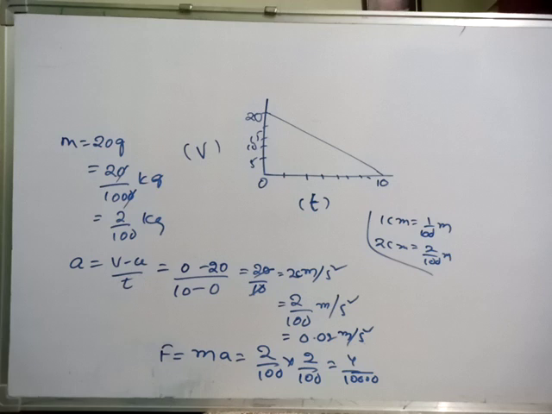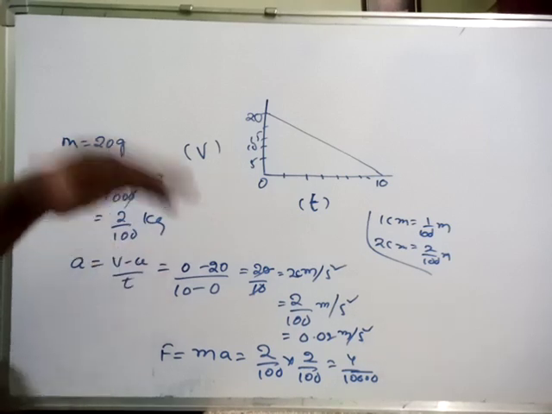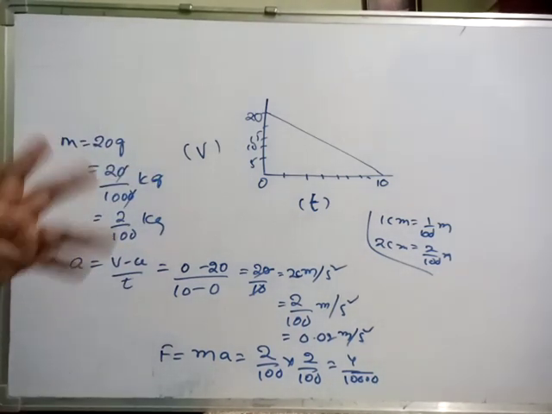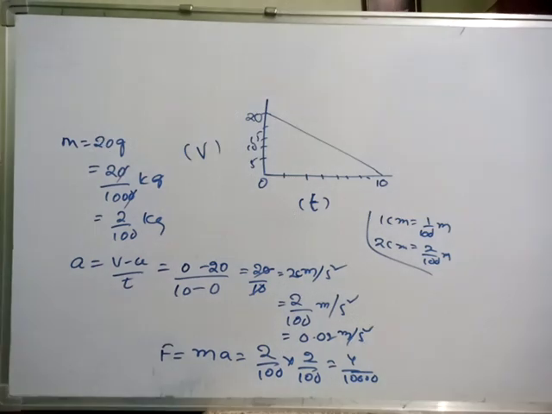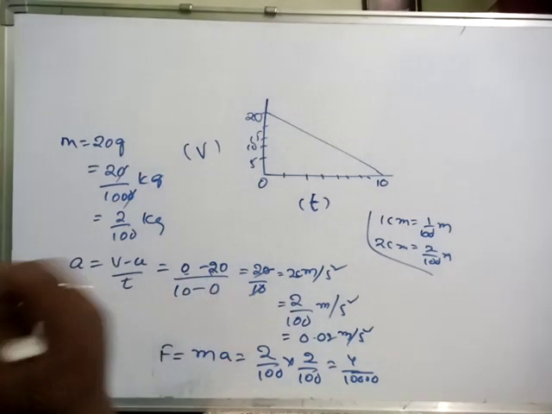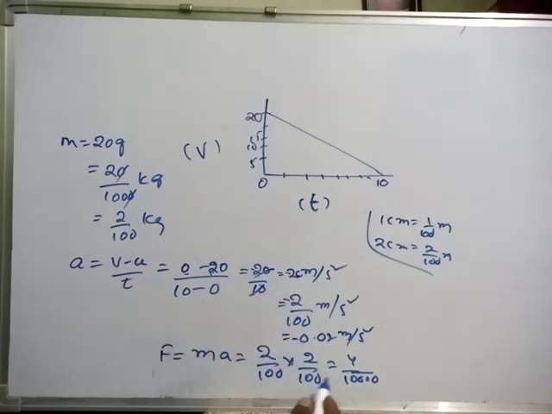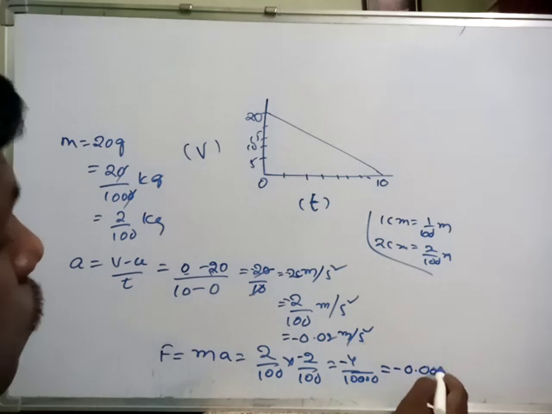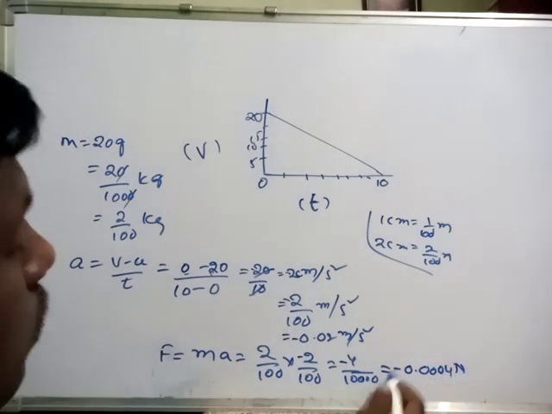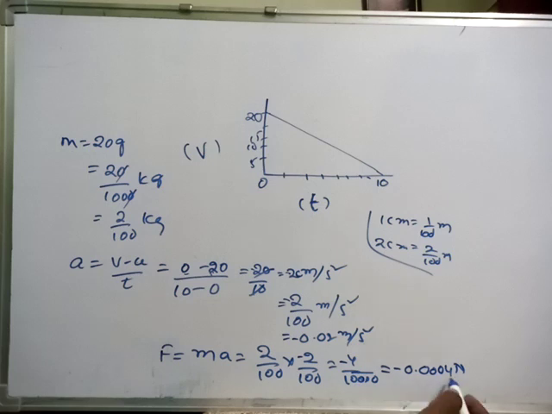Here, focus on one point here. The table exerts some force on the ball. So that is frictional force. Frictional force is always an opposing force, no? That's why we have to take minus. So minus will continue. So 4 by 10,000 means minus 0.004 Newton, because 4 zeros are there. That's why this much force is required by the table to stop the ball, means exerted on the ball.